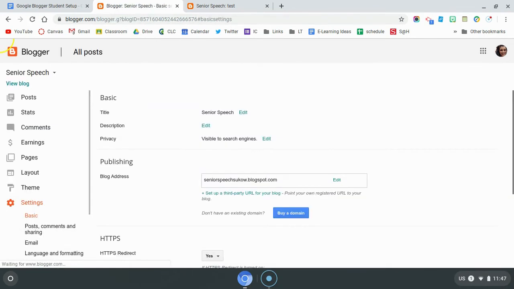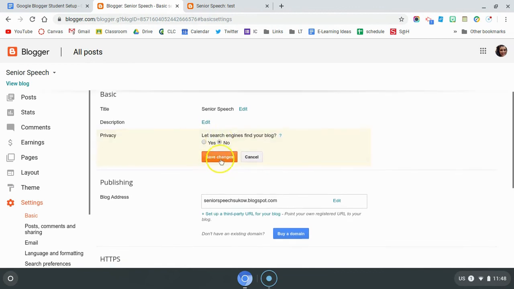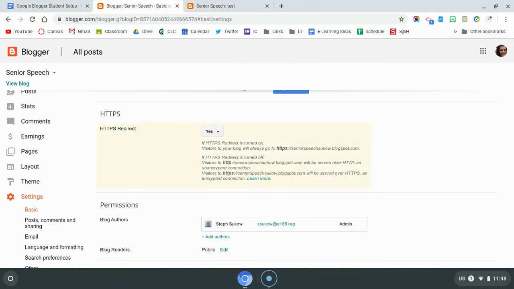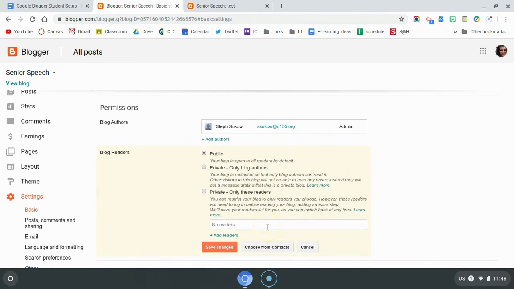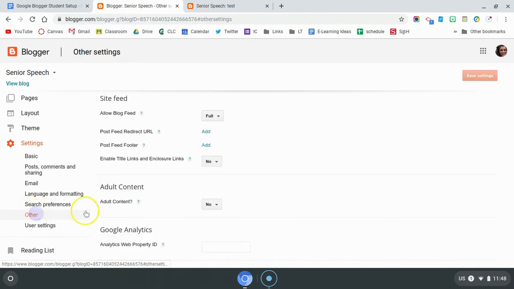Now, if you want the blog to be very private, you're going to want to pay attention to the settings here. So you can customize the title again, give a description, and customize that visibility. You want to make sure that you don't want search engines to be able to find your blog, especially if you want it to be private. But this becomes really important. If you have multiple collaborators on one blog, you can add authors here. If you want to add specific blog readers like your students, you can customize this. So these permissions become really important. The other thing to take a look at is if you click on Others here, you can customize